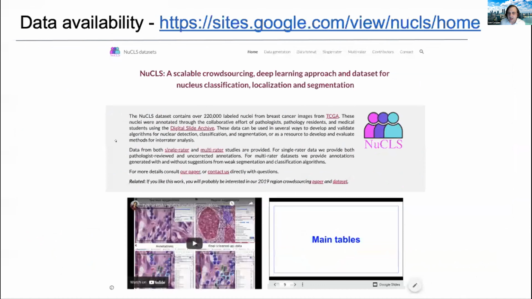And then finally, just to point out, this data set is all completely open. Our region data set is also open. We have a web page we set up where we describe the entire process in generating this data. There are videos that walk you through what the data is and how it's organized. And you're free to come and critique this and use it to benchmark your algorithms and to develop new algorithms. We would really like to see that. So that's my time. Thank you.